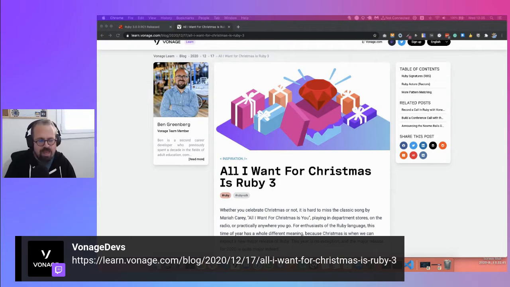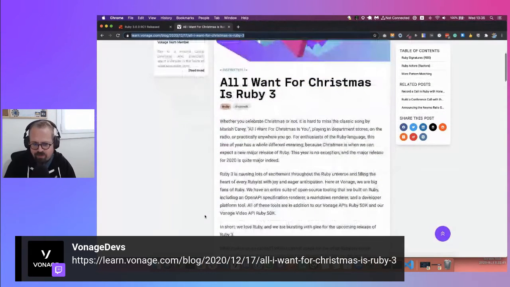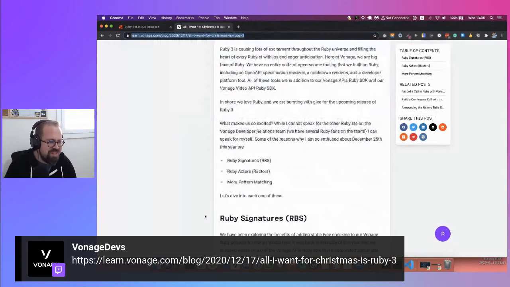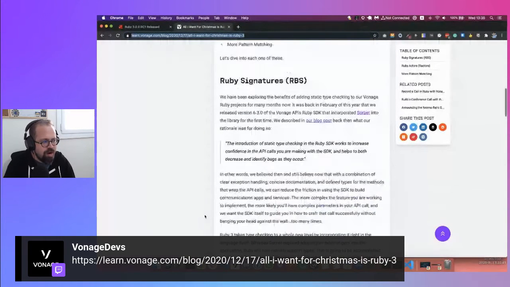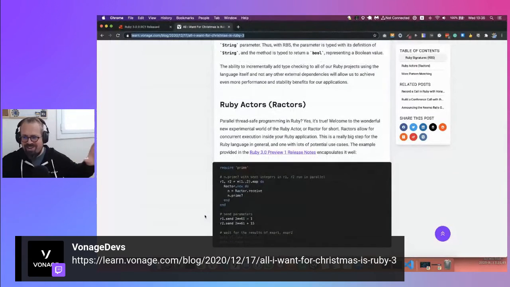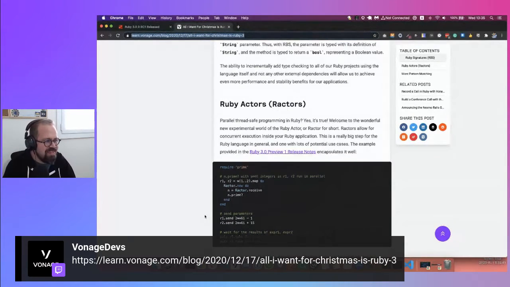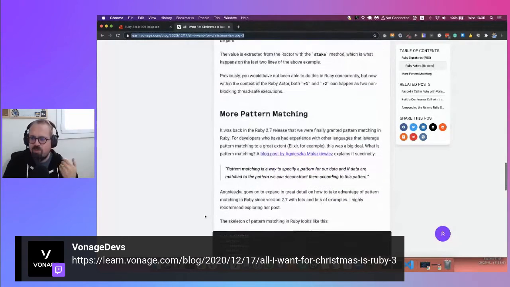In that blog post, I basically walk through some of what I think are the highlights that I'm looking forward to when it comes to this new release of Ruby 3. So for me, some of those big things that I'm closely watching are Ruby signatures, RBS as they're called, Ractors, Ruby actors, not Ractors like Jurassic Park dinosaurs, but Ruby actors. And lastly, we've done this since Ruby 2.7, where we introduced pattern matching into Ruby as a concept.